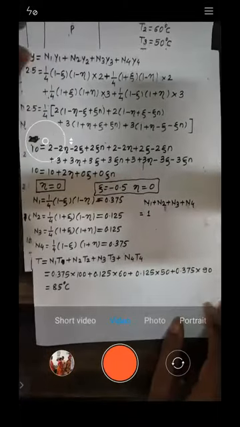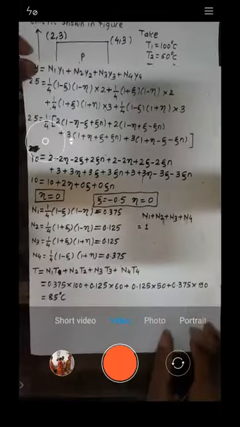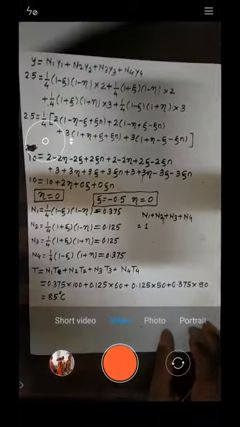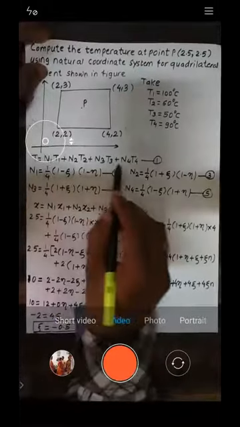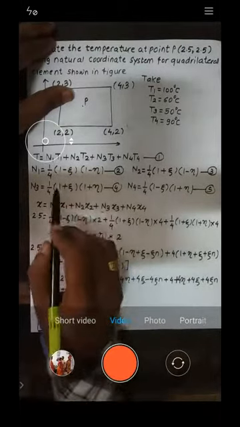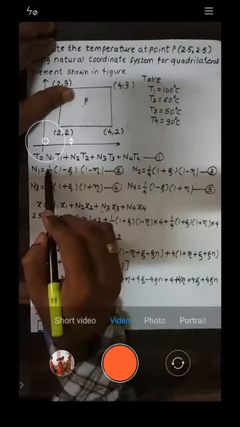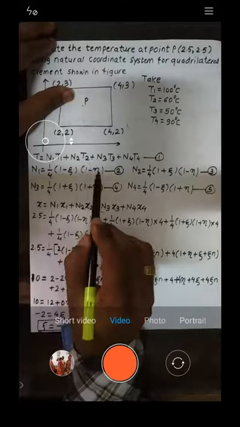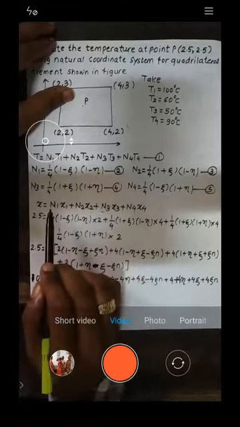So have you understood, all of you? Have you understood this numerical? Yes, sir. Okay, see, what I did, I initially explained the problem in a reverse manner. If I need to calculate temperature, I need to use this formula. But for using this formula, I should know the shape functions. Shape functions I can calculate only and only when I have the values of zeta and eta. Now how to calculate zeta and eta?